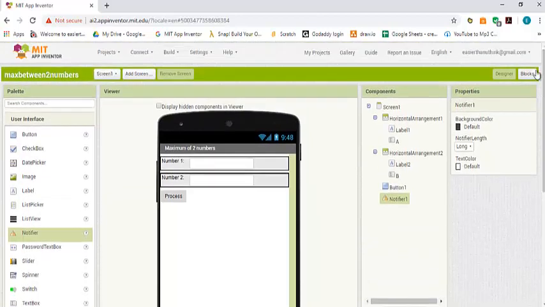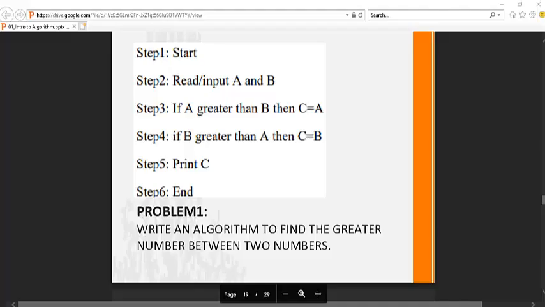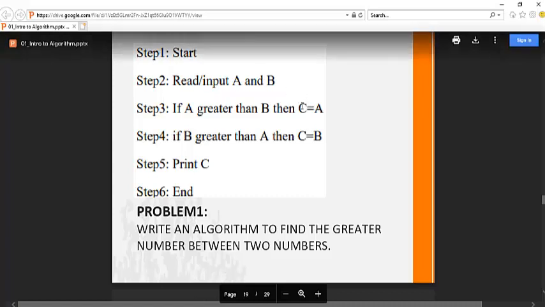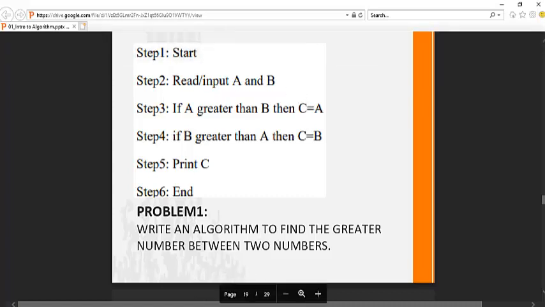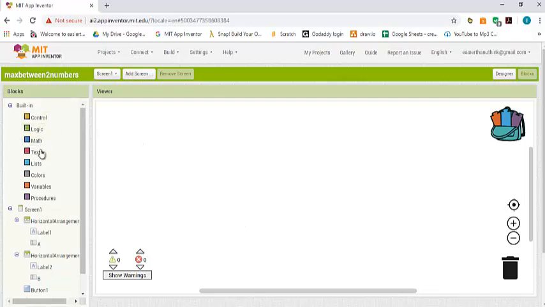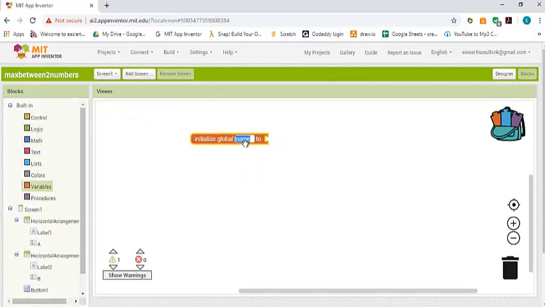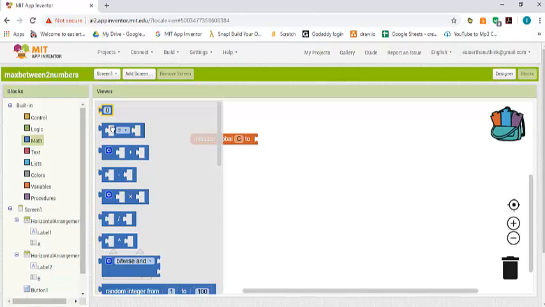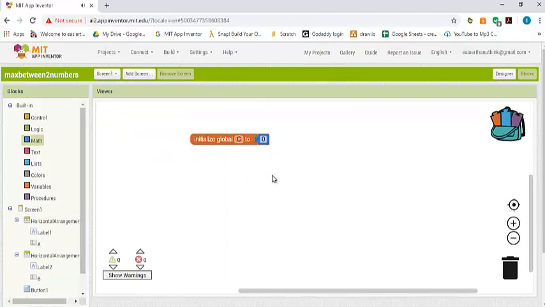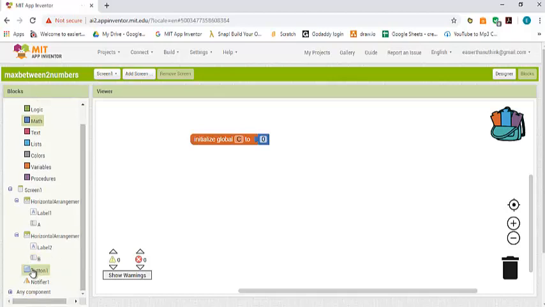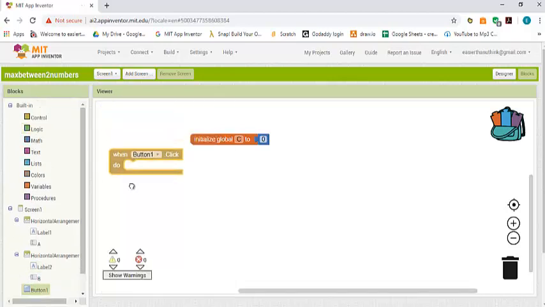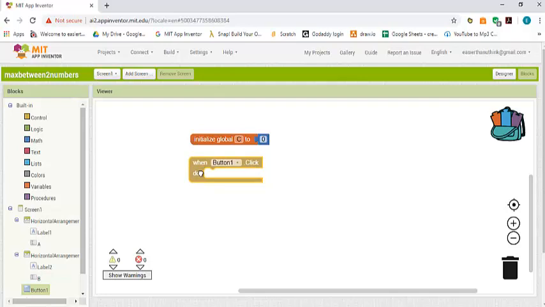So we go to blocks. If you recall here, we need a temporary variable C. So I'm going to go and create a variable called C, and I'm going to set the initial value to be equal to 0. Now when the button is clicked, the whole process starts. So I'm going to say when button 1 is clicked,